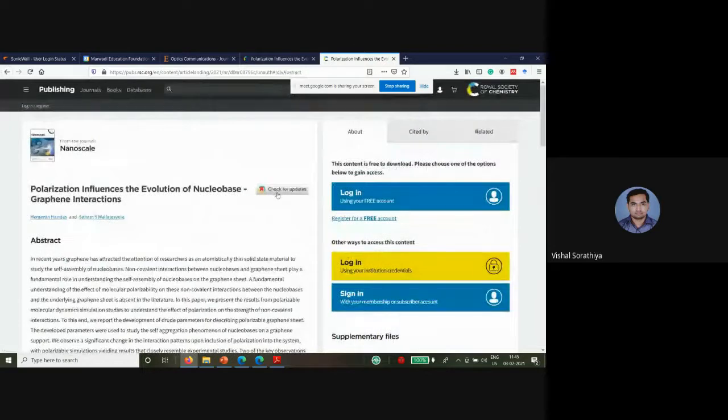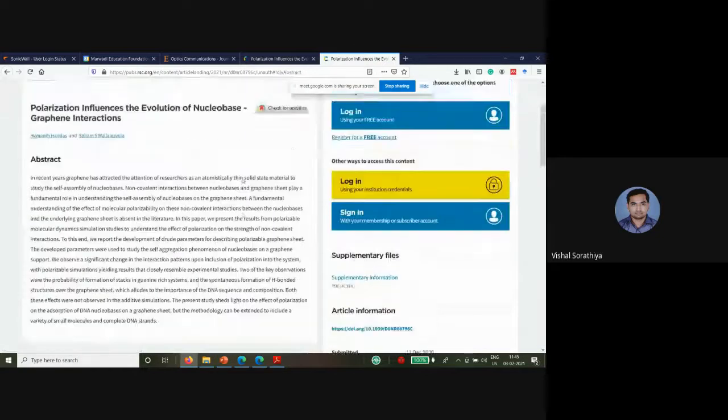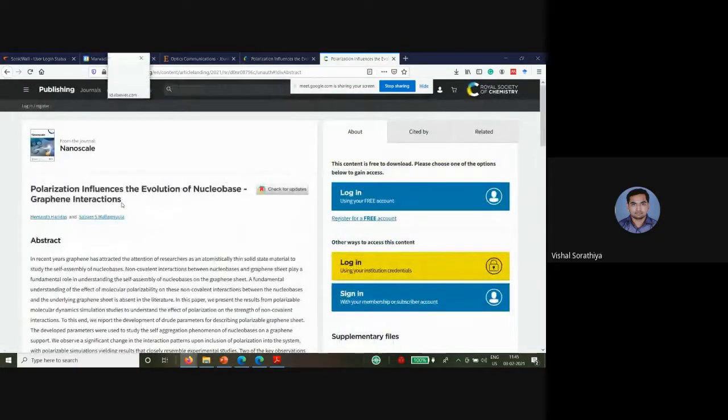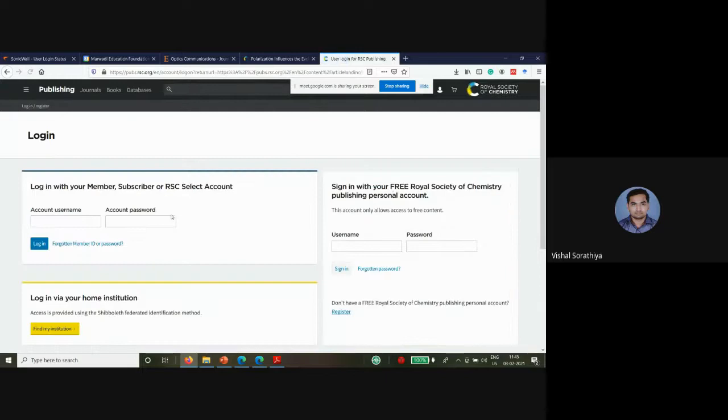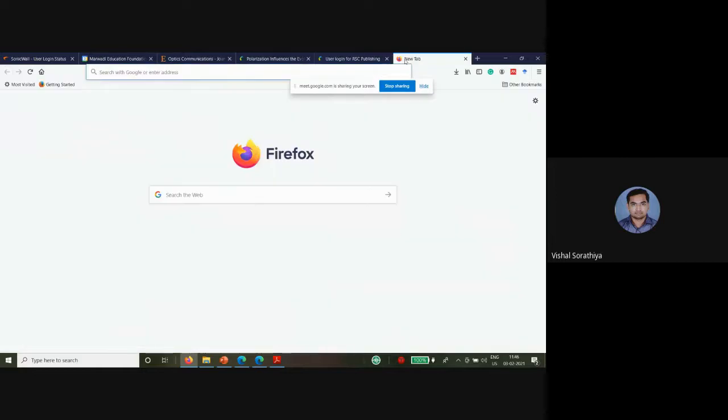If you want to read it, let's say this information is not enough for me. If you want to read this article, you need access to this website, and to get this access, you need to pay. If I log in, I need to pay dollars to get this article. Now say I have found 50 articles that I want to read, but I don't have $1,500. I explained in the last lecture that there are some options related to